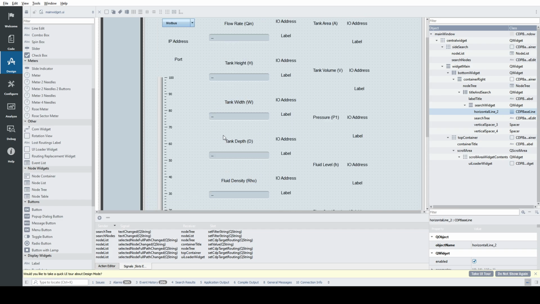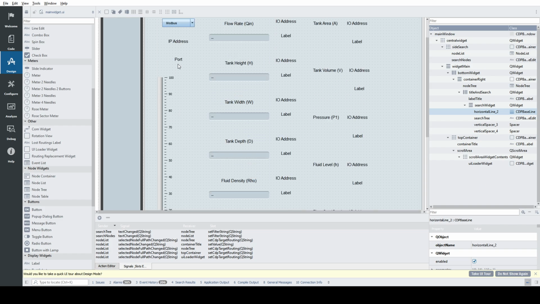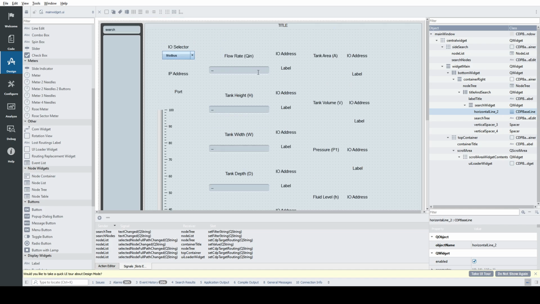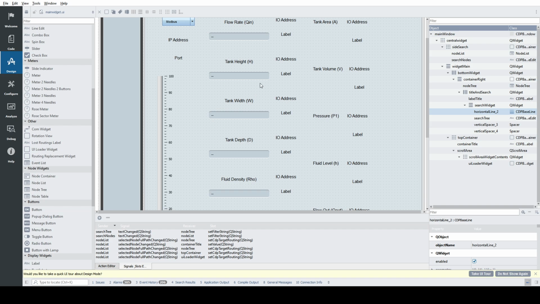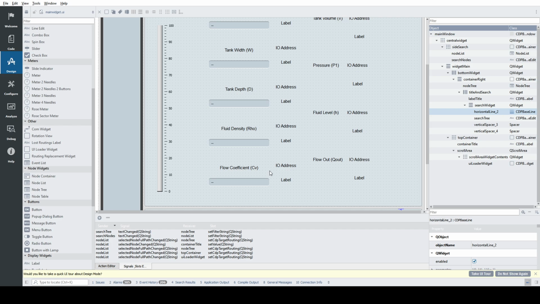HMI in which this widget can be considered as a tank, and here we have different input parameters like Q in, flow rate. We can adjust the flow rate, and this tank has some fixed values of tank height, width, and depth, and we can also change the rho, but I also fixed it. But we can change it as well because I considered it as a parameter. And here we have CV. CV is the flow out valve